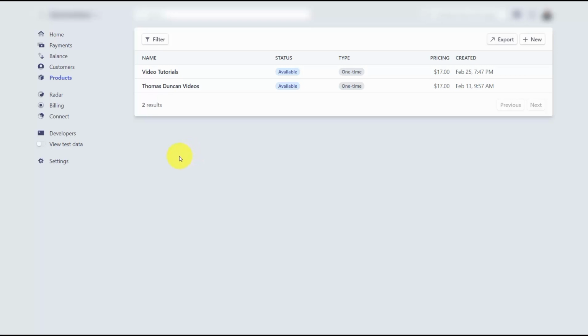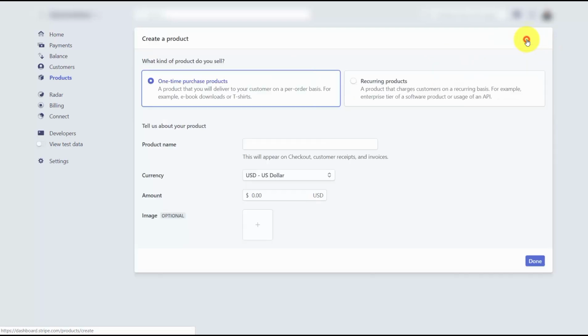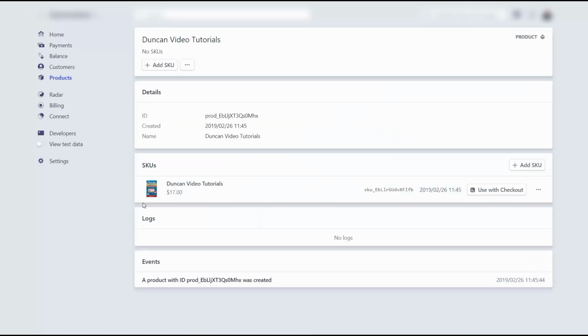and/or interface. So the first thing you're going to do is click this button that says Add a New Product. You're then going to determine what kind of product you're going to be adding. Is this going to be a one-time purchase, or is this going to be a recurring product? In most cases, you'll be adding in a product. So we're going to write in a product name. Now once you've saved the product name and the price, the product name will then be the stock keeping unit,